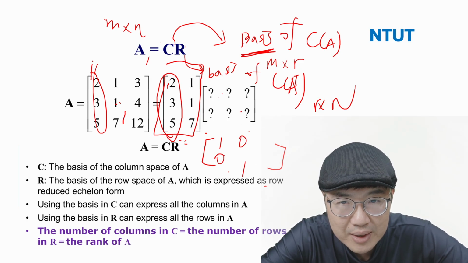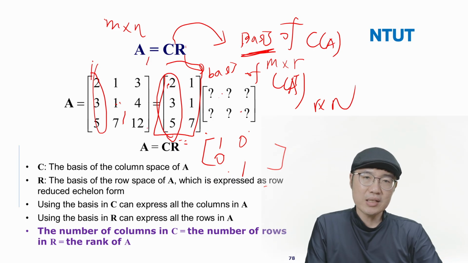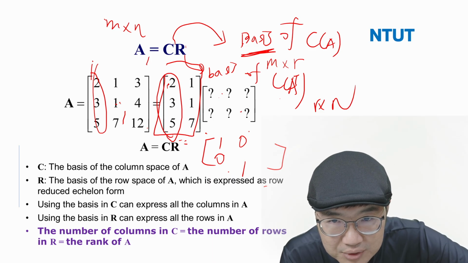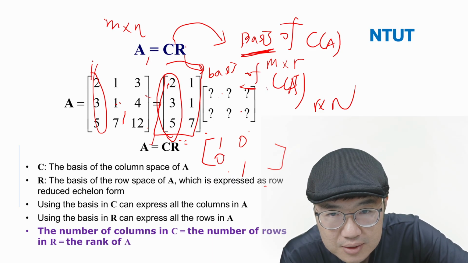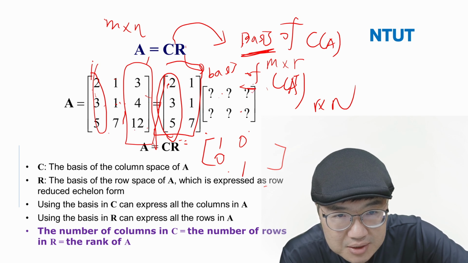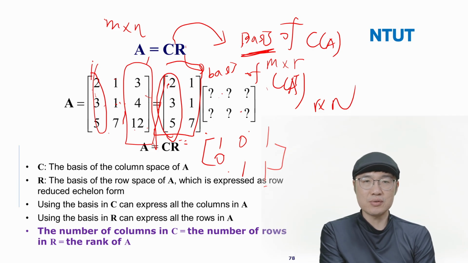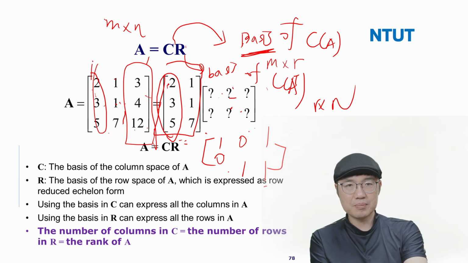0 and 1 will make 0 times (2, 3, 5) plus 1 times (1, 1, 7) equals (1, 1, 7). The last one is (3, 4, 12) in A. So (3, 4, 12) is 2 plus 1, 3 plus 1, and 5 plus 7. So clearly it's 1, 1 for the last column. Yeah. 1 times (2, 3, 5) using the product